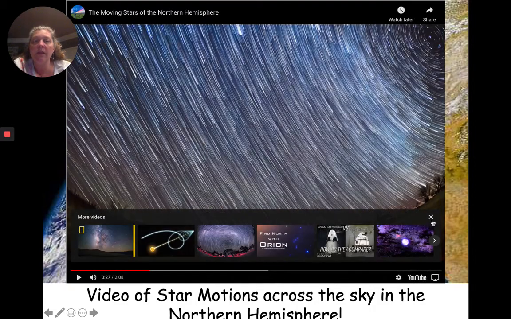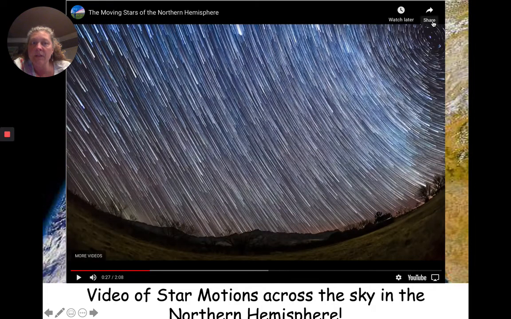Now, this is how the star trails look when you're looking west. So you can see Polaris is up here. So imagine you're facing California. You're facing west. Where is north? On your right. So we're facing, look at the screen, we're facing west. Where's Polaris? On our right. Now, when you're looking west, the stars come from the top left and move down to